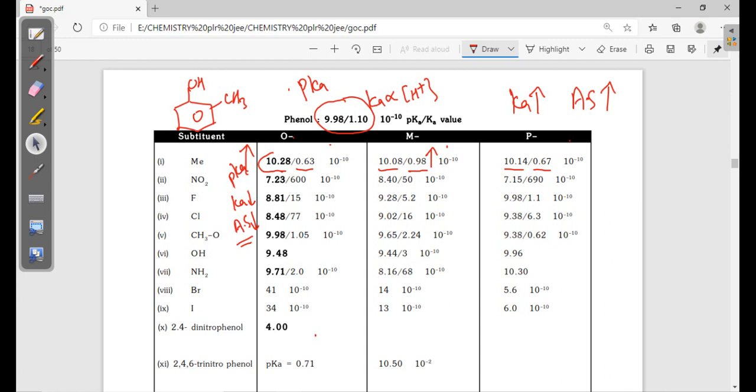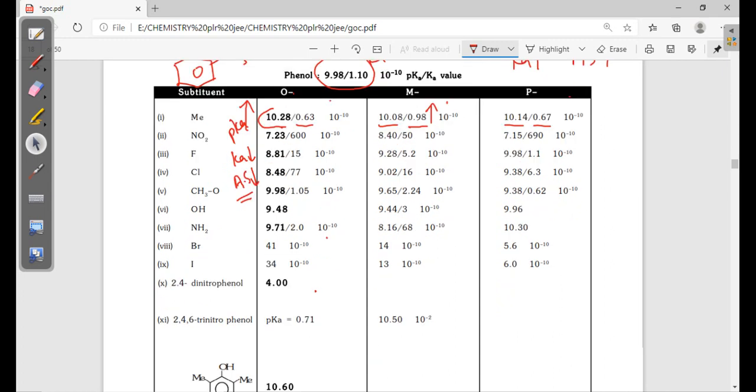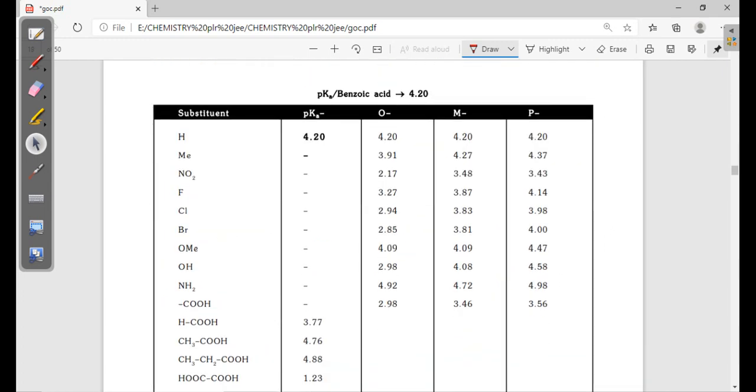Now, same benzoic acid. Benzoic acid means this is the benzoic acid. Okay, here SIR or the ortho effect is there. Due to the ortho effect we know that ortho-methyl benzoic acid is higher. So you can see here these all values are pKa values. Here Ka values are not given, only pKa. Now pKa value increasing means acidic strength is decreasing.